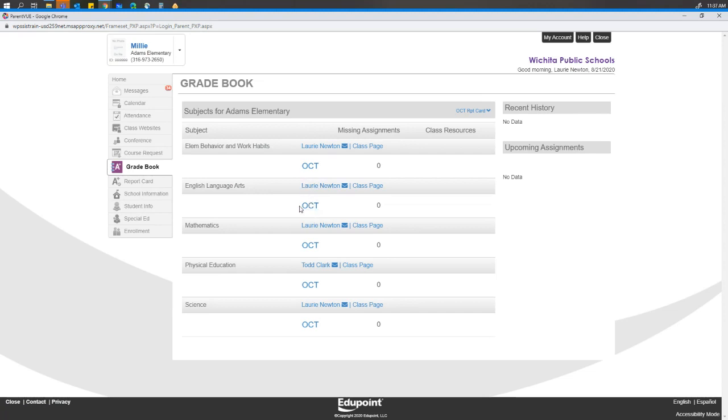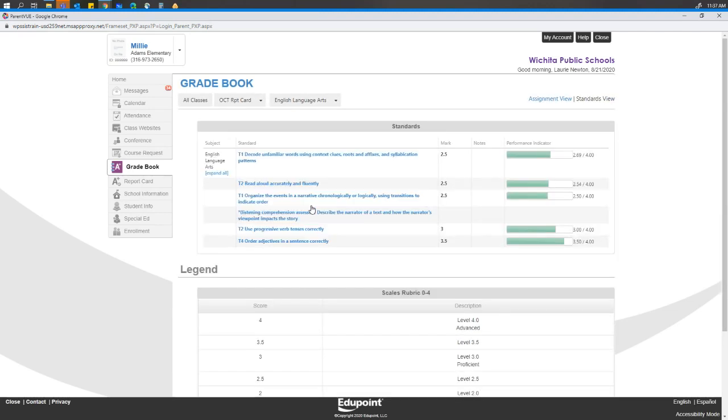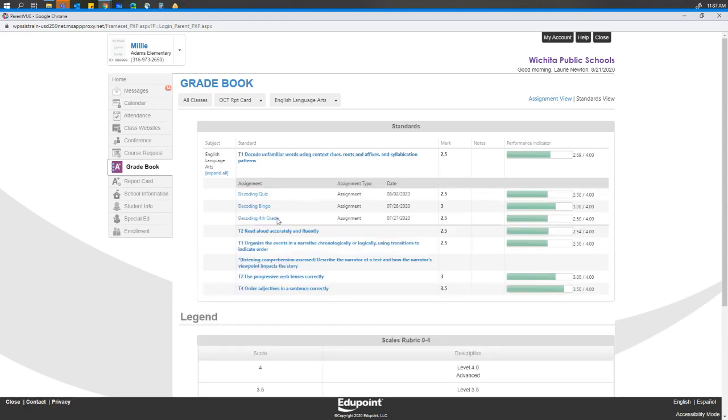You have to click on the period, which is October. And I'm going to click on this one, and it shows exactly which targets I have graded, that I have assessed my student on. So it shows here, for example, on decoding unfamiliar word, my student has a 2.5. I can click that, and it will open and show me the assignments. So there were 3 assignments that my student did, and these are my student's scores on the assignments, and that's